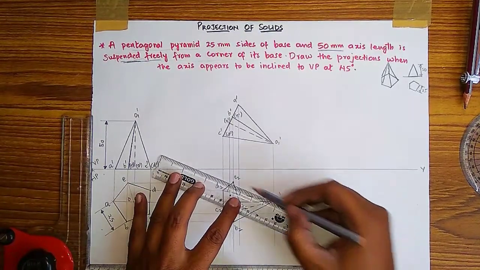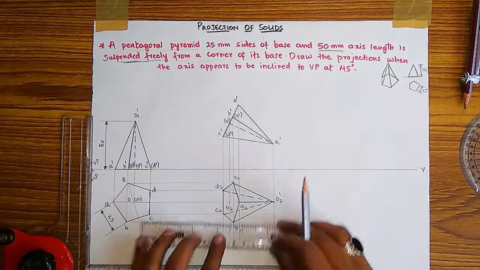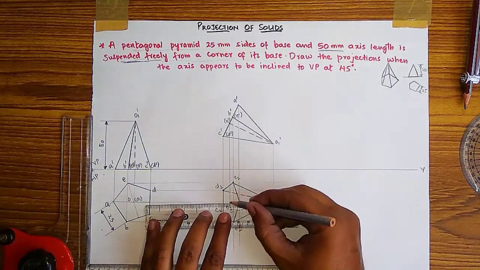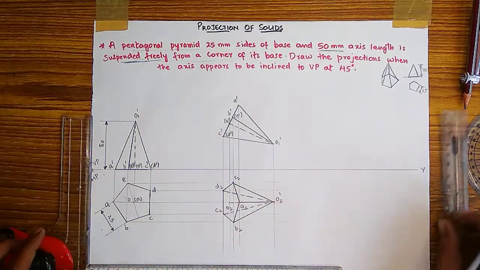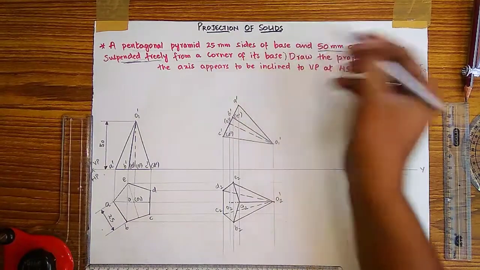So here also E to O is on the boundary. You have to do it dark. Then the remaining O to O, you have to draw as a light line. Then after this, the second projection is complete. Till here your solution completes.